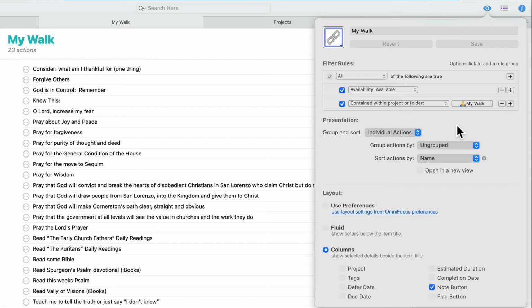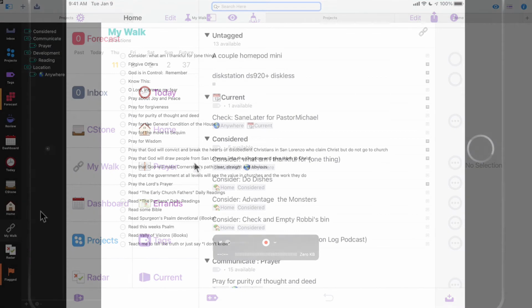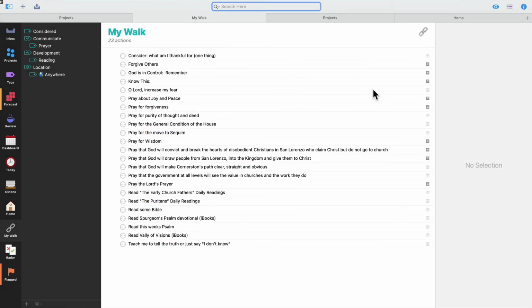And it just reinforces how valuable it can be to have things contained within a folder or project or something like that. And then sometimes all you need to do is surface those things and say, OmniFocus, tell me what I can actually work on right now. It's right in my face on my portable things. It's not in the sidebar on my iMac. I tend to pray while I'm walking around with my iPad mini.